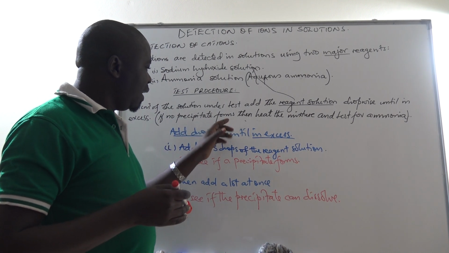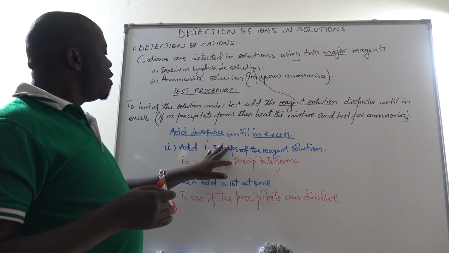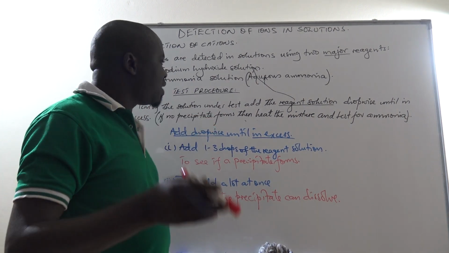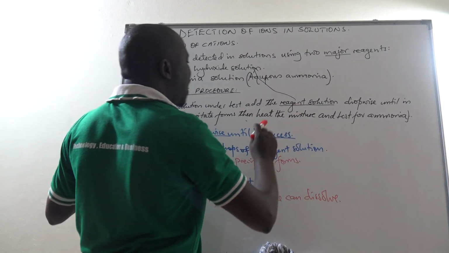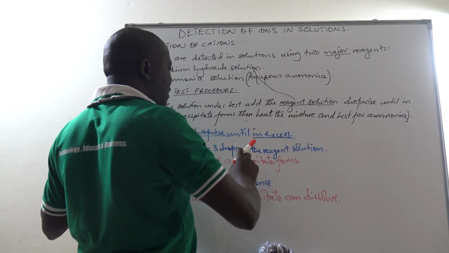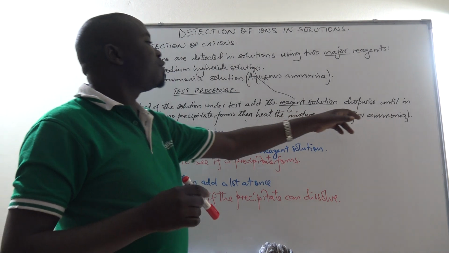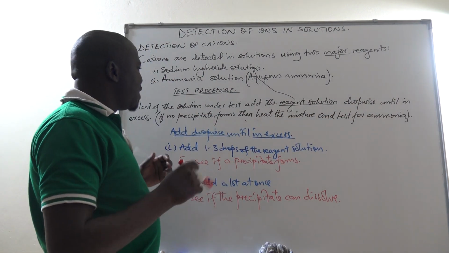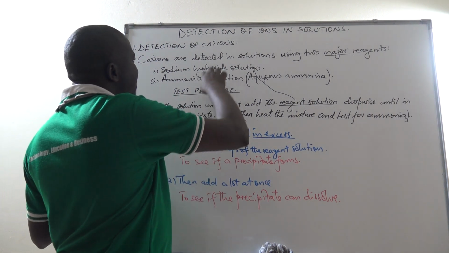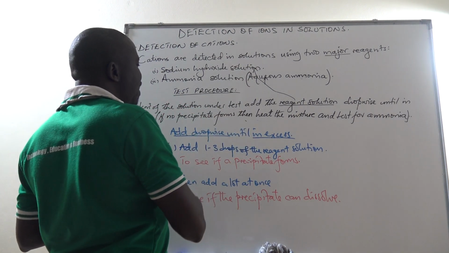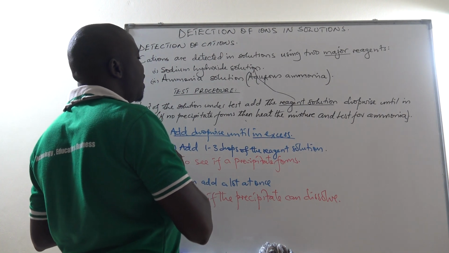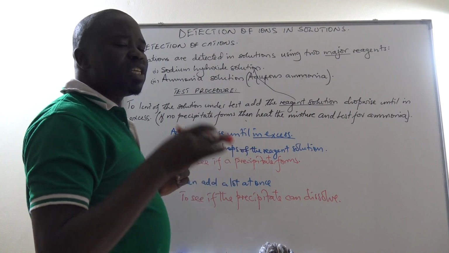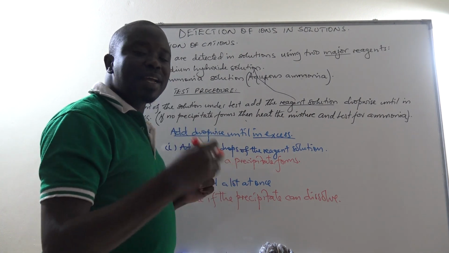Now we have something special here, that in case no precipitate forms, then the instruction will go ahead and say that you heat the mixture. So when you heat the mixture, then you need to test for ammonia, because this one is a test for ammonium ion, in that when you add this reagent solution, more especially sodium hydroxide solution, dropwise until in excess and you make no observable change, the instruction will go ahead and say that